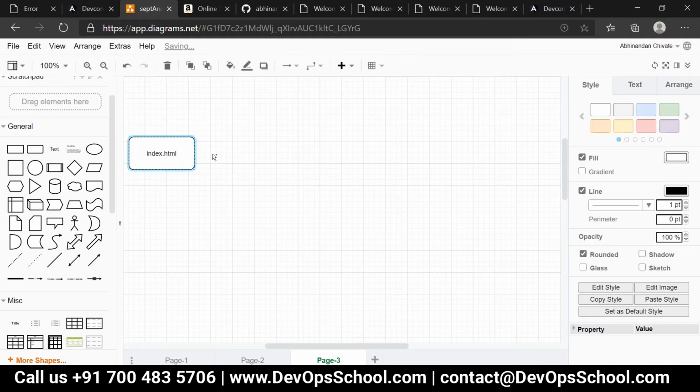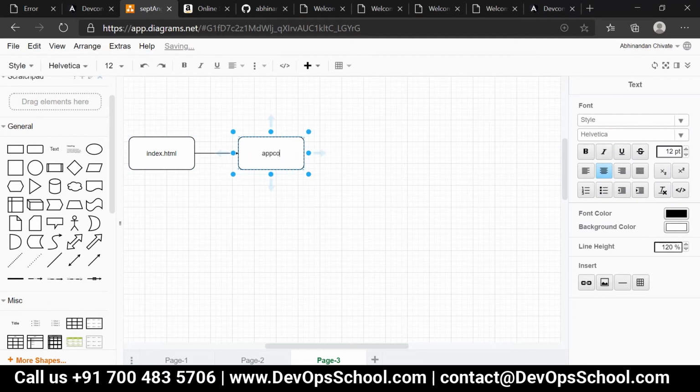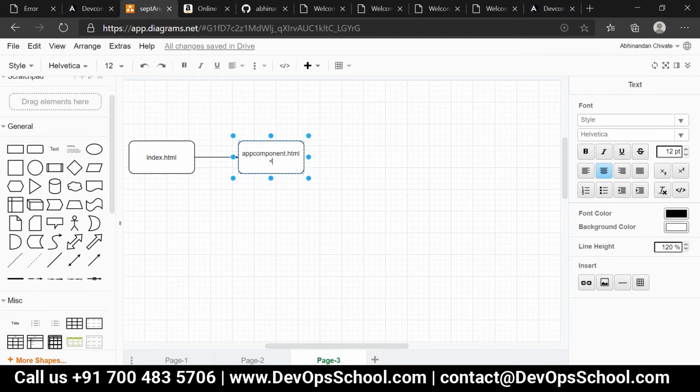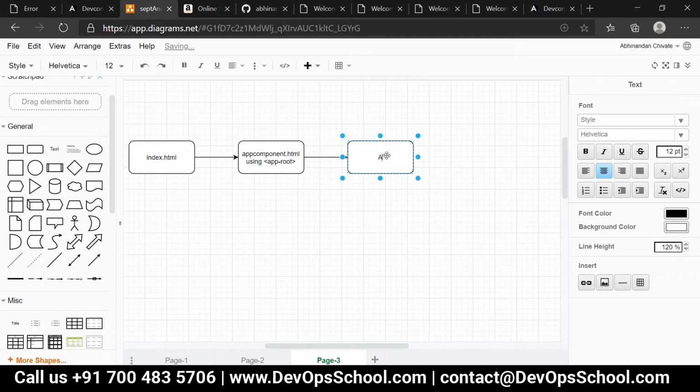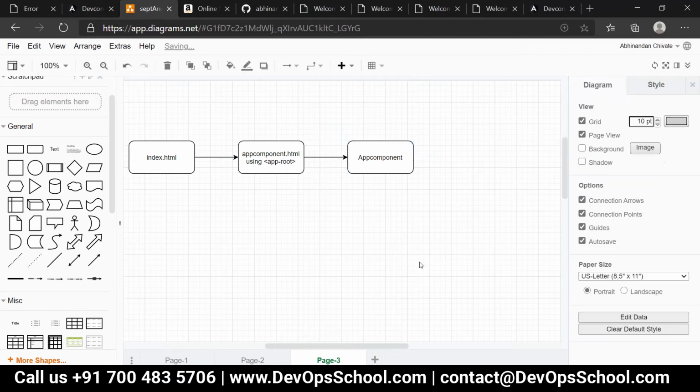From here, it will go to app component, through app-root.